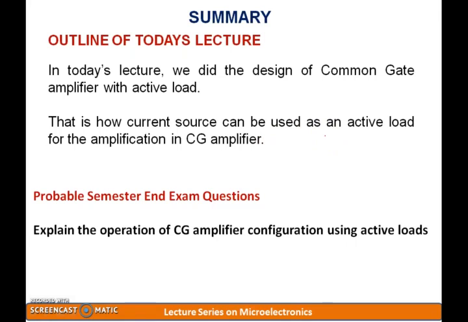And in the input resistance, we figured out 3 different cases: RL equal to 0, RL equal to infinite, and RL equal to small r0. We figured out the different expressions, and we saw that the input resistance has a direct dependency on the transconductance of the device. That is one of the interesting and very useful relations with respect to the input resistance of the common gate amplifier configuration. And we also saw how the amplification can be done with the help of the common gate amplifier using active loads.